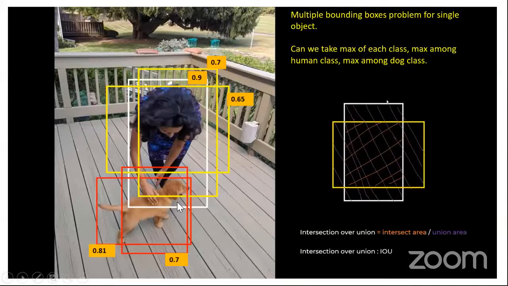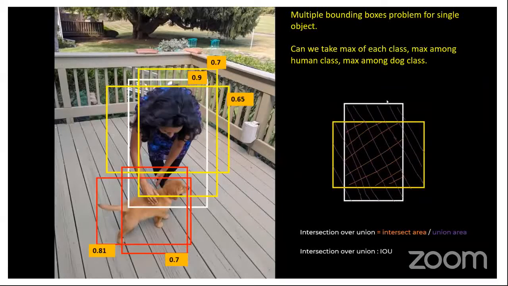Now you don't want this, right? You want only one bounding box. Why have multiple bounding boxes? This doesn't look good. What can you do? Let's take the first situation. You might think, let's take the box which has the highest confidence throughout the image. In that scenario, you will lose your dog, because the dog has a confidence of at most 0.8 and the human has a confidence of at most 0.9. So you don't want that, right?